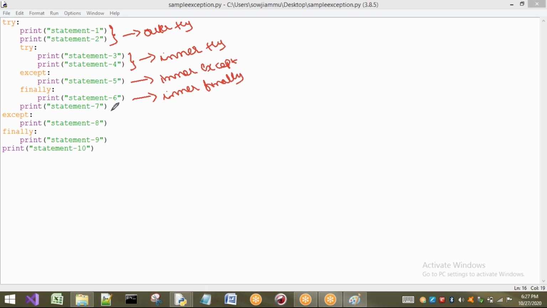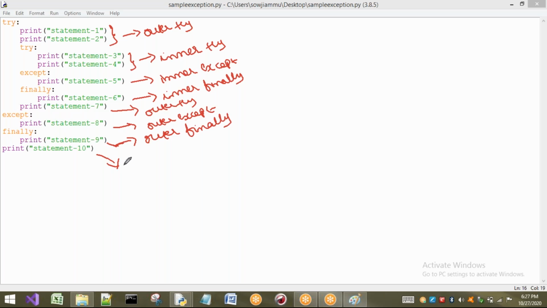Now this statement belongs to the outer try. This one is for the outer except, and this one belongs to the outer finally. And the last one is not belonging to any try, any except, or any finally.